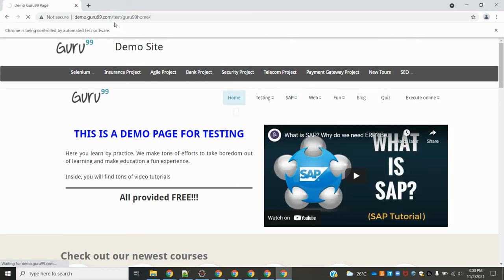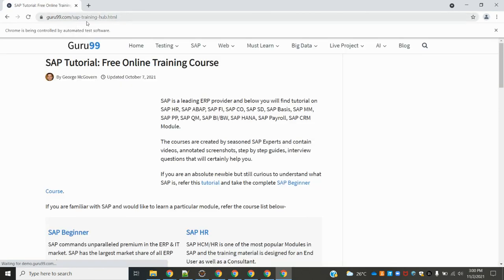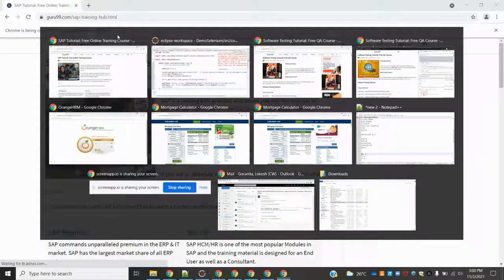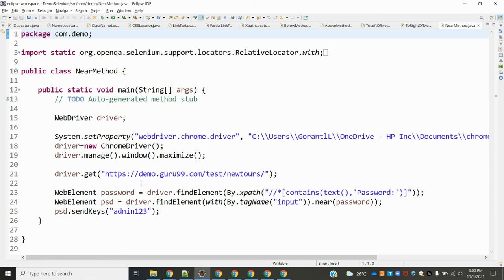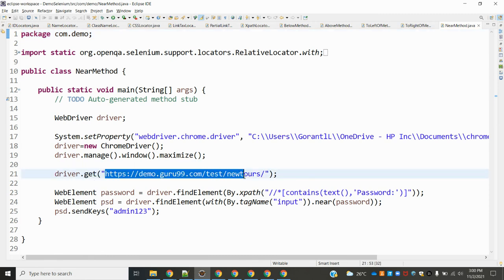We can see here also the name will change to SAP Training Hub. Okay, and the final one is near by. This is near by, also very clear.